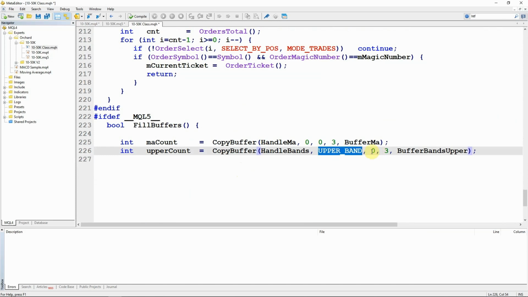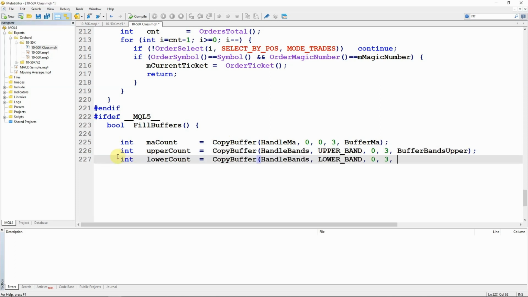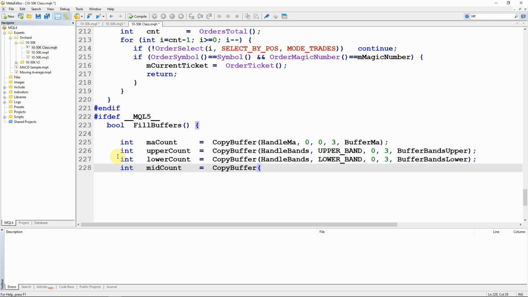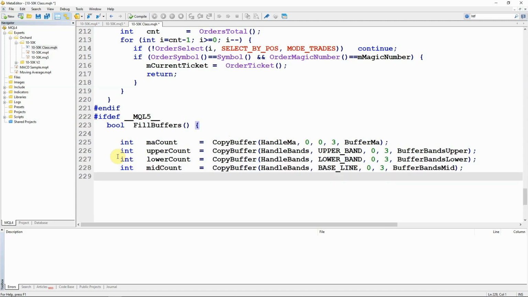So I want upper band still from position 0 and for 3, so 0, 1 and 2. And I'm getting this back into my buffer band's upper buffer. And for both of these I'm capturing a count, MA count and upper count, which tells me how many elements were copied by this copy buffer statement. I'll do the same for lower and mid. And the arguments for upper, lower and mid, upper band, lower band and baseline.